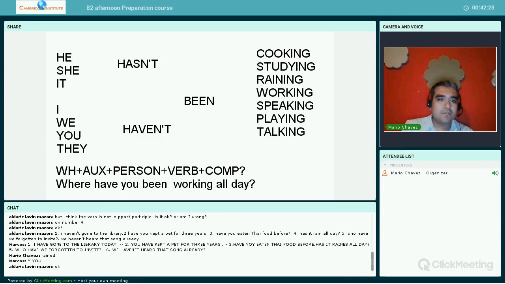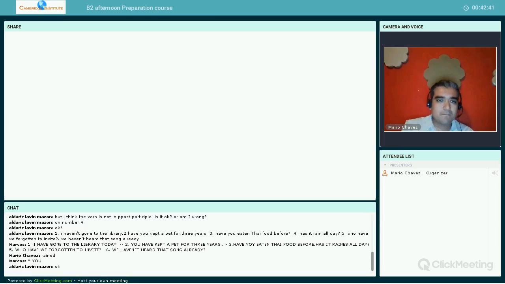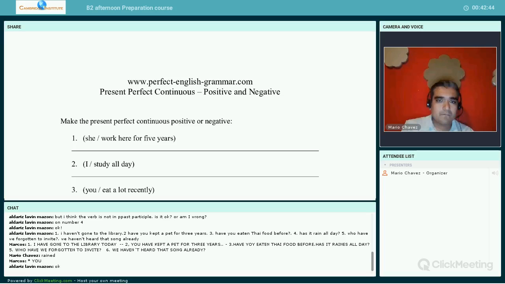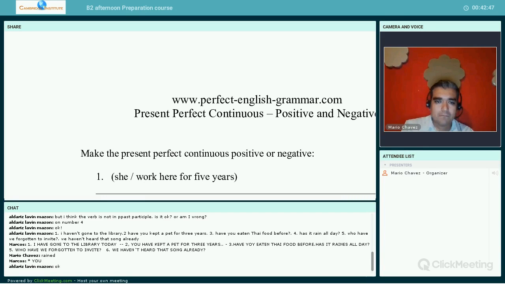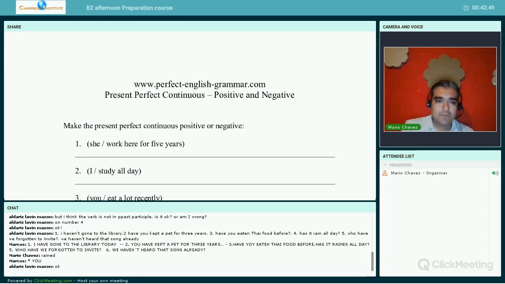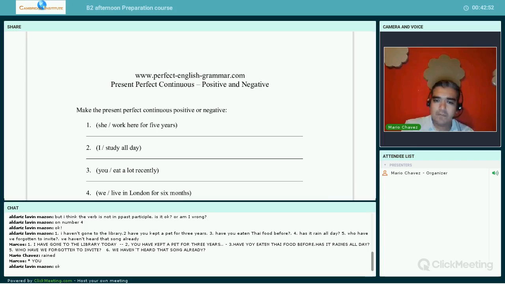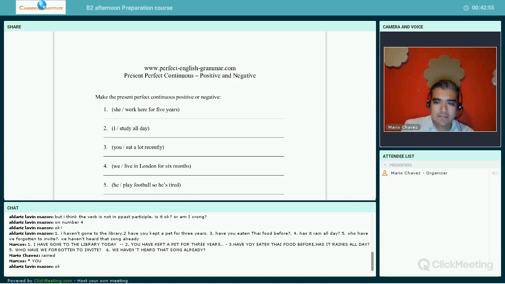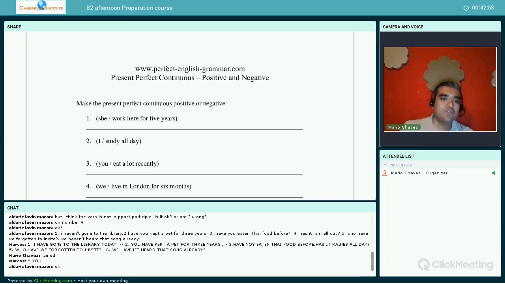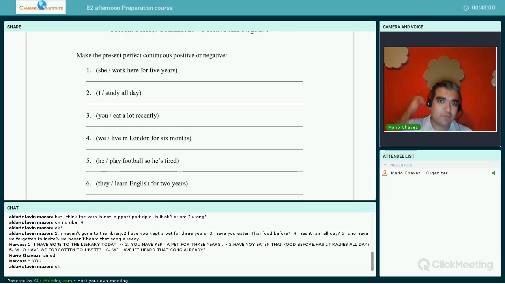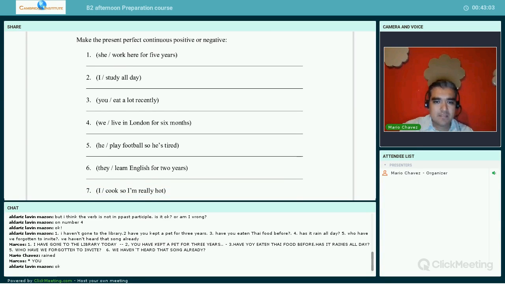Okay? All right, let's practice with another activity. If there are no doubts about the structure of this present perfect, let's practice with another activity. Here we have one activity about present perfect continuous. We need to make this sentence. It says, she worked here for 5 years. How can we make this sentence in present perfect continuous? Well, we say